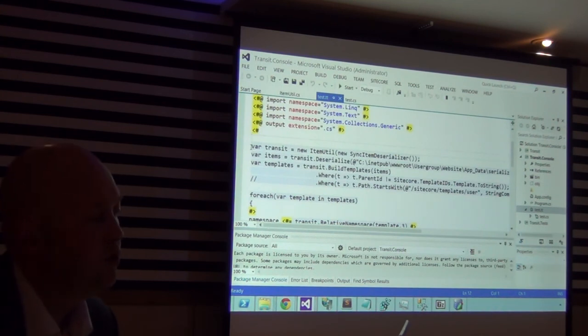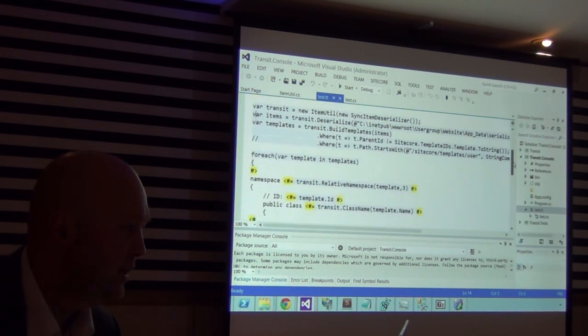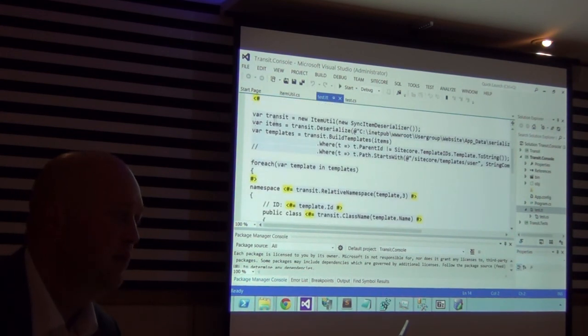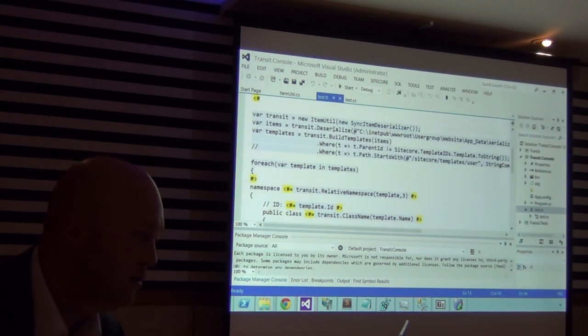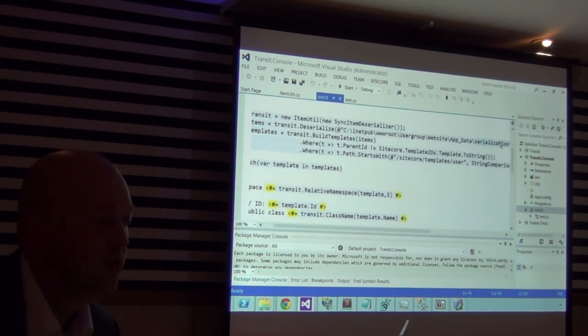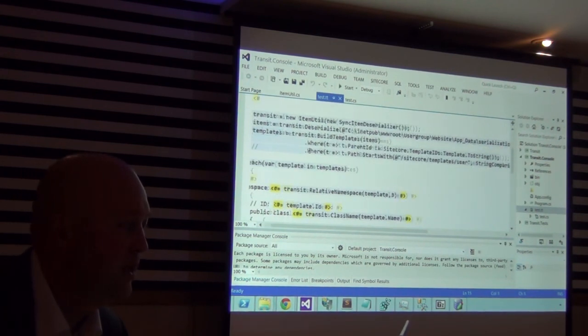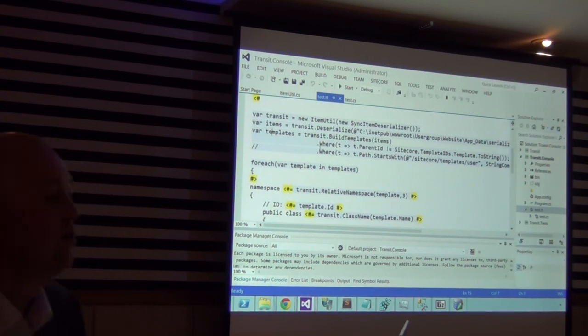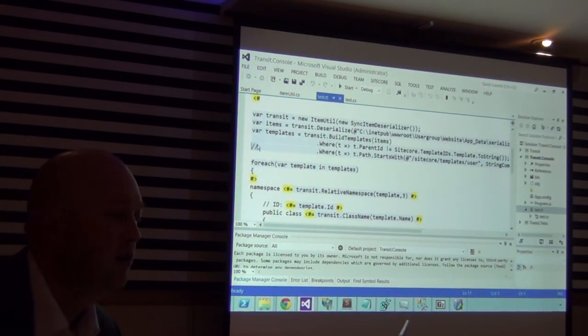I'm sorry, I thought that I would have better code highlighting here, but this is the way that it comes with Visual Studio these days. So, in my TT script, I new up an item tool. I've done the groundwork for my testing, so I'm using some dependency injection. And then I do some property injection. Oh no, I was just passing a parameter to a deserialize method. It gives me a list of all the items in this item tree that lives out here, somewhere random on the disk. And then I get a list of the templates, and you can see here I have some LINQ going on to just